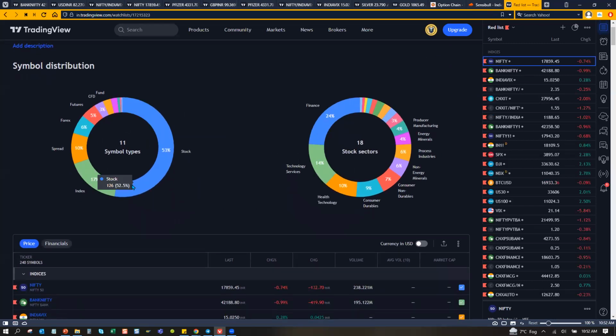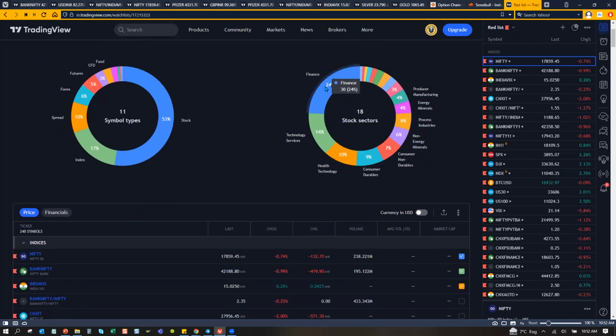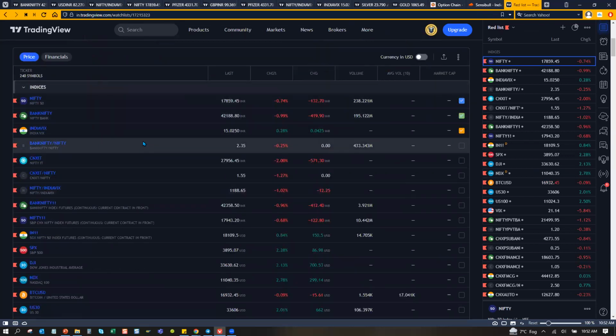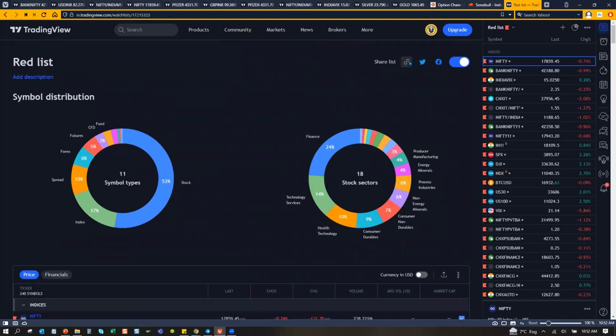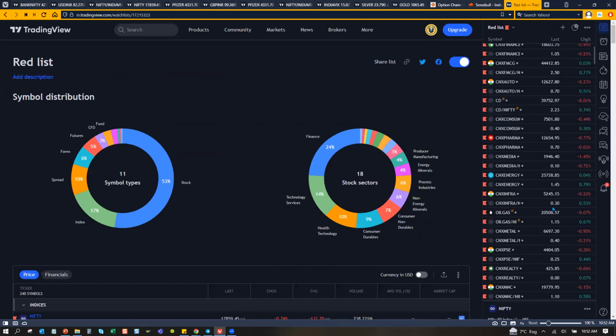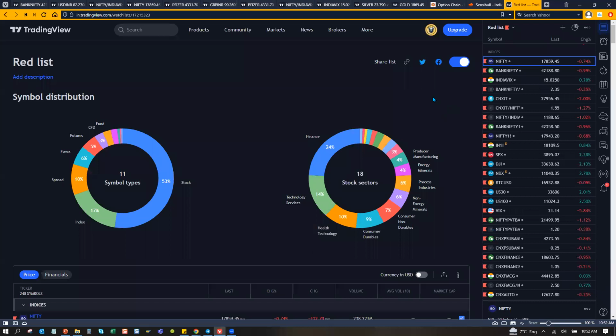So it will show that your watch list comprises, say, for example, this is the sectoral allocation: finance, technology, and so on. And below you'll see a lot of other stuff about this watch list. Now, if you want to share this watch list with a different account or with your friend or family member, just copy this link here and give it to him. Once he receives this link, he can directly include this watch list in his watch list. Let's say if he is building it from scratch, he need not enter all these 150 plus symbols I have in his new account.